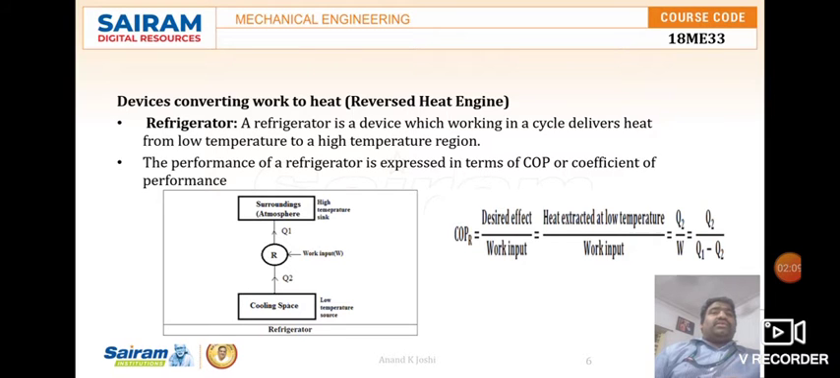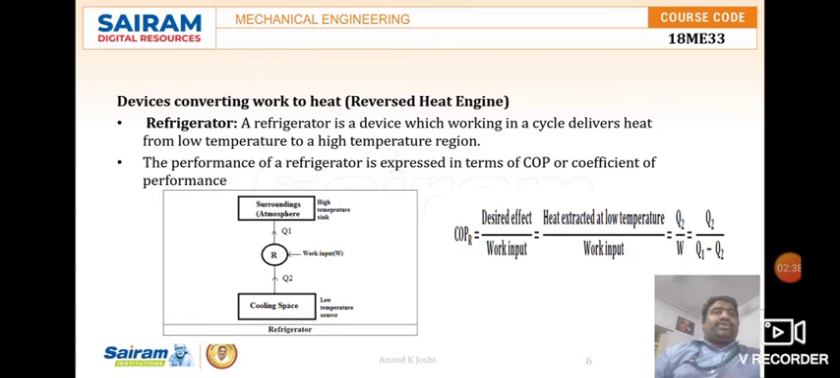There are thermal reservoirs: one is a low temperature source and also a high temperature sink. Where the cooling space is, continuous heat is extracted, and work is done on the system, that is the refrigerator, and then the remaining heat is rejected